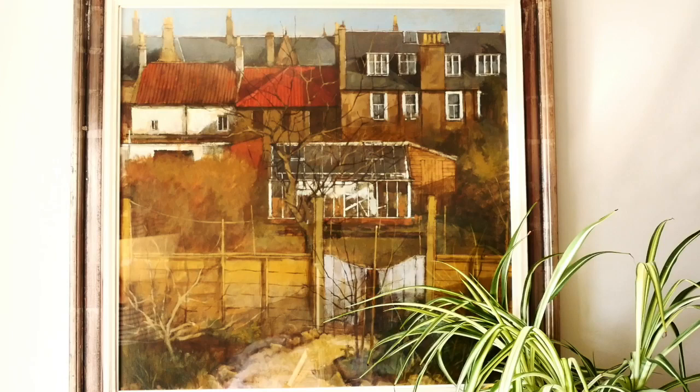So I love that I can wake up in the morning and look at this painting. It totally takes me back to that garden. I remember sitting in it when my parents had the gallery there on beautiful summer's days and crisp spring days when I was visiting, and enjoying this view over to the house that they now live in. So this is the first of the paintings I'm going to show you. My mum and dad actually gave it to us as a wedding present when me and my wife Kath got married, so it's also got this sentimental value to it, I guess, but it's a beautiful painting which totally connects me to my dad and to his